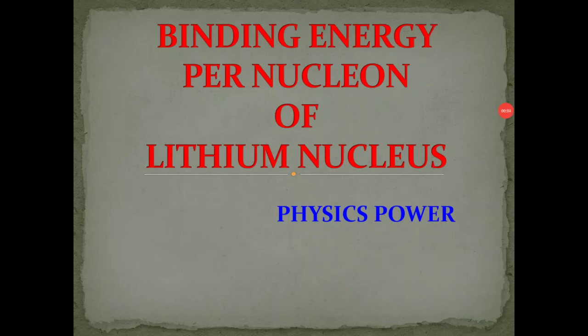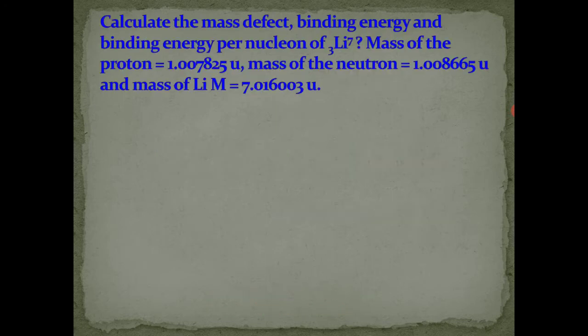Binding energy per nucleon of lithium nucleus. Let us see as a problem. Calculate mass defect, binding energy and binding energy per nucleon of lithium. So that is 3-7, atomic number 3, mass number 7. So here given data, mass of the proton they mentioned in AMU, that is